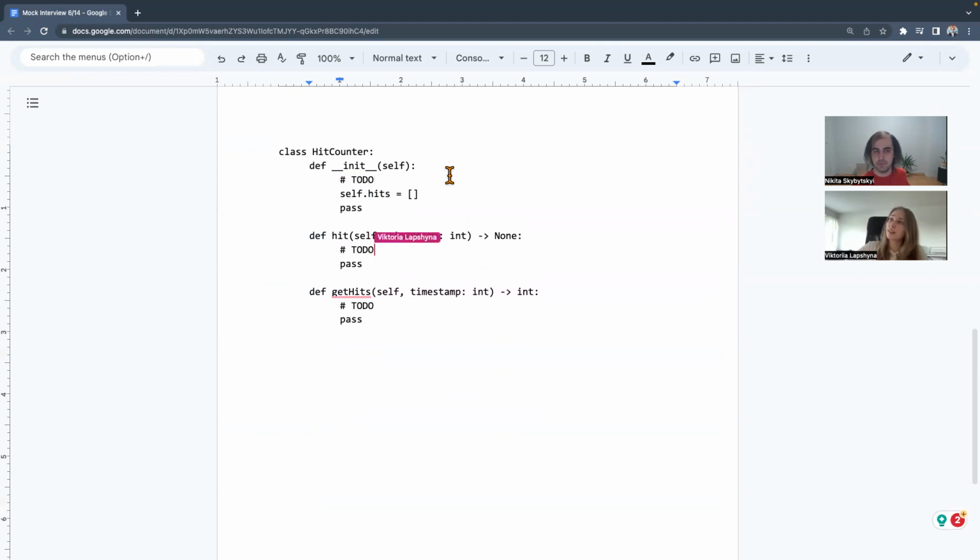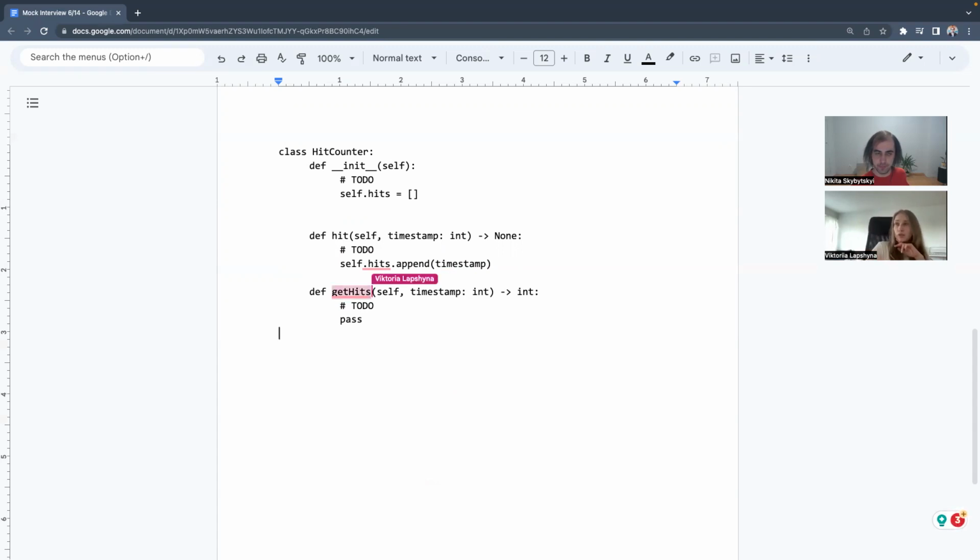And whenever we do a hit, recording it could mean simply adding the timestamp to our array. So we've recorded it.